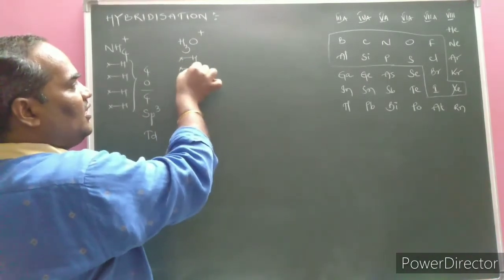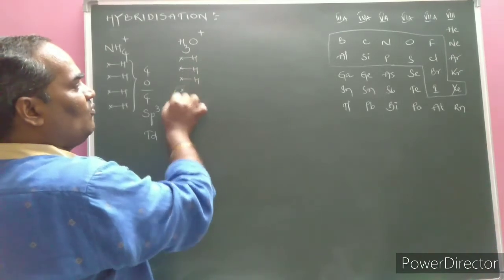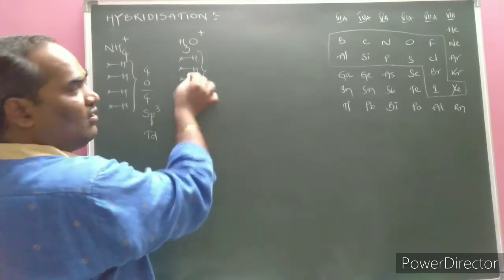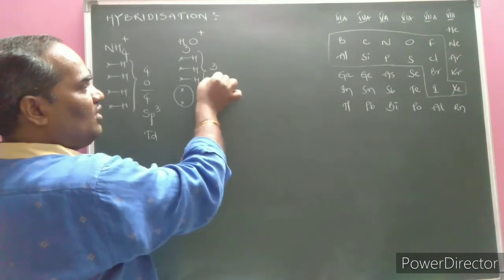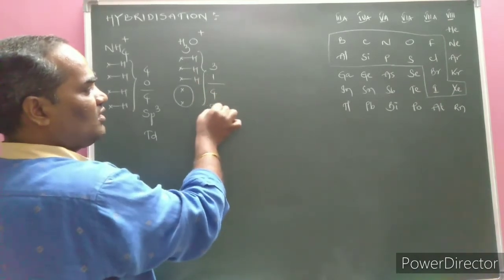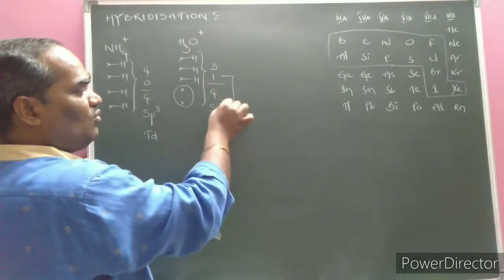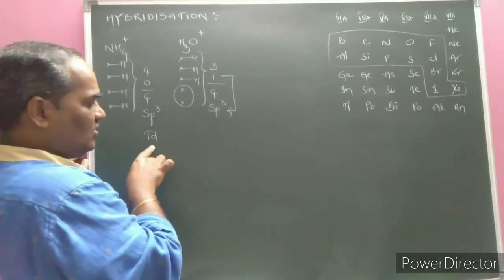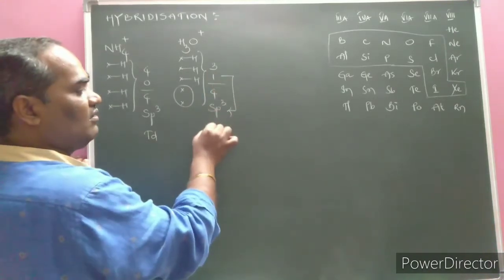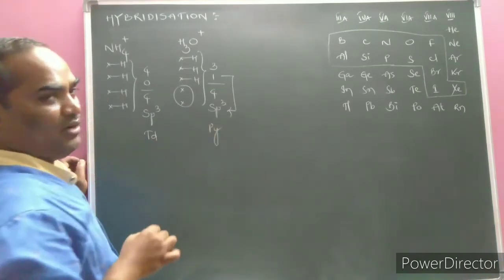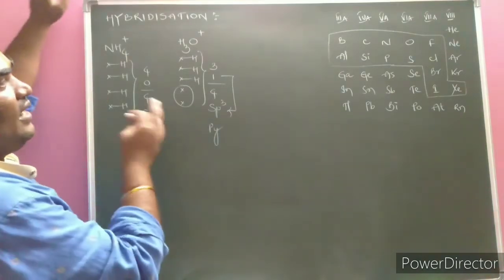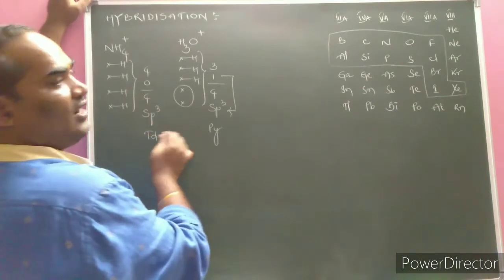Here the 3 hydrogen atoms are monovalent, and there is one lone pair of electrons. The number of sigma bonds is 3 and 1 lone pair, total 4, so sp3 hybridization. Due to the presence of one lone pair of electrons, the structure deviates from the tetrahedron. What does the shape become? Pyramidal. Like this, a cationic species can be identified.